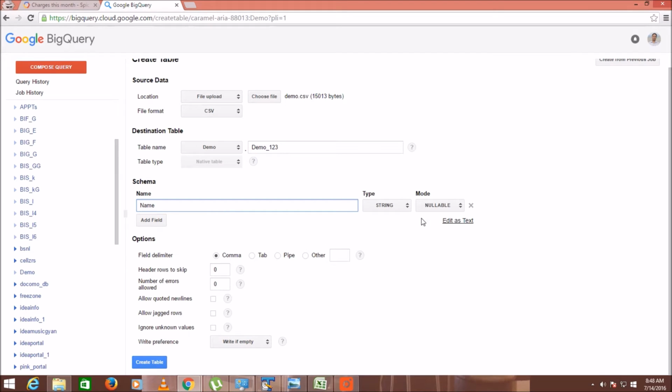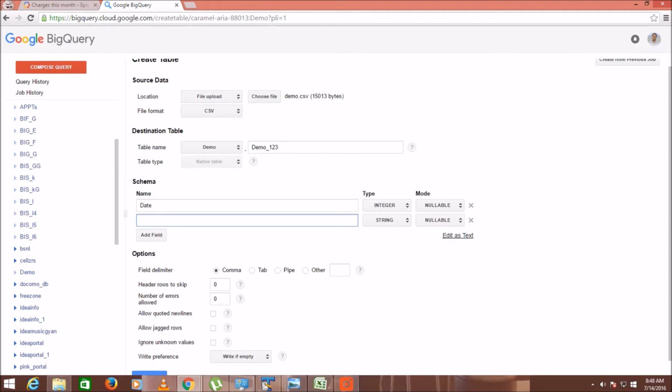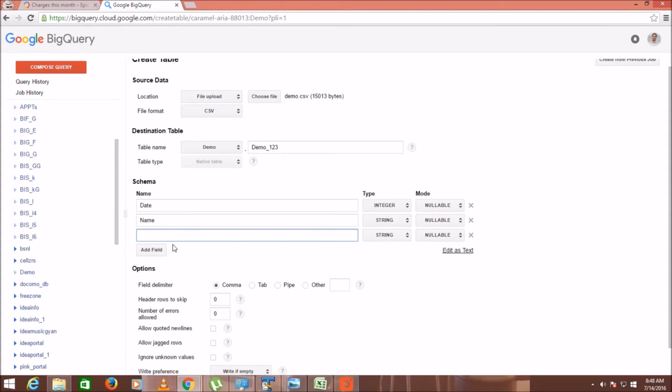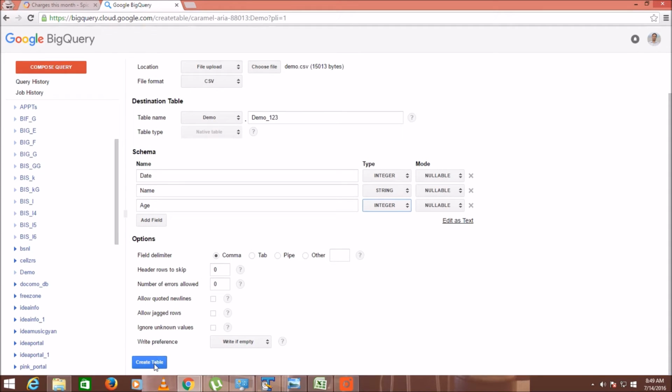Now here we have to declare the schema and the data type. And here is the thing which you need to understand.